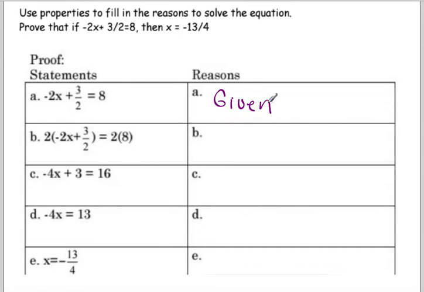Given is what you put for anything that they tell you is true, but prove or proven is never an answer. So don't end this proof with writing the word prove or proven. It will never be an answer. The algebra equation here, as we're solving it,